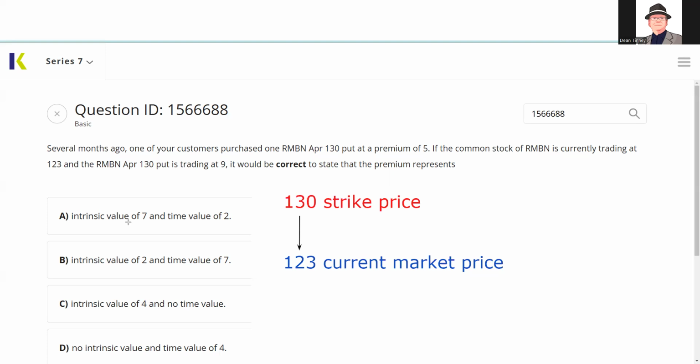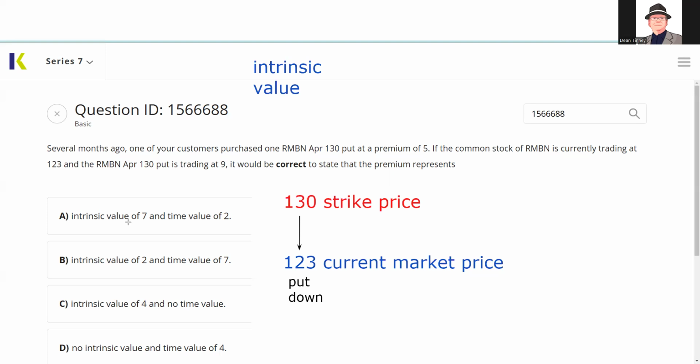If the market price is down from the strike price, the contract is in the money, it has intrinsic value. Another way we could do this is ask, is the contract likely to be exercised? Is it likely somebody wants to sell at 130, stock's at 123? The answer is yes. If we answer that question yes, put down, the market price is down, the contract has